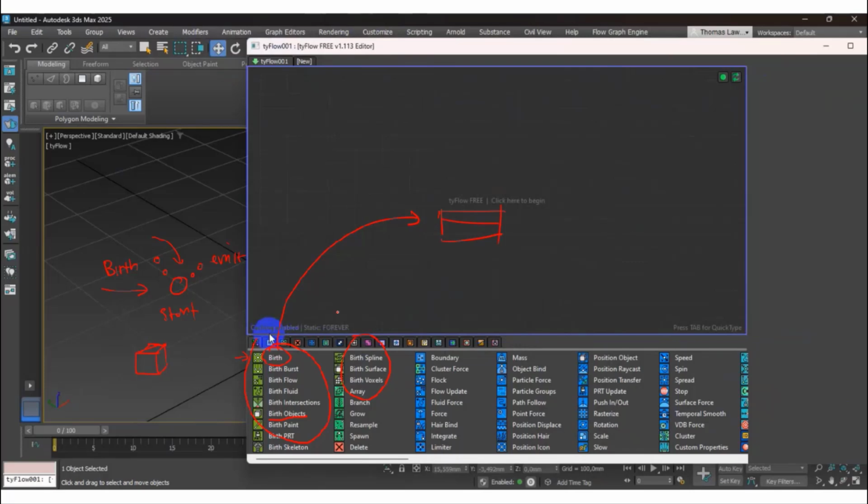In the next I will show you more specific, but the first time I need to show you the general purpose of how to use it. Inside Tyflow there is a preset, so no worry. You can pick from the list.